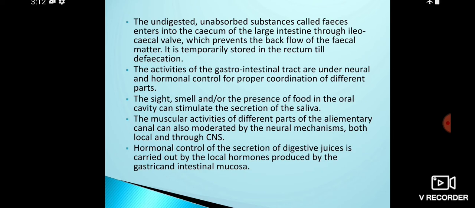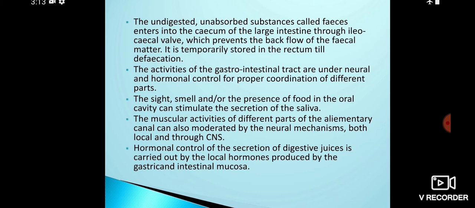Then you all know that the pancreas is going to secrete the pancreatic juice, and the gallbladder is going to help in the storage of the bile juices. So who makes the pancreas secrete pancreatic juice, and the gallbladder store the bile juices? That is being stimulated by one more local hormone called cholecystokinin. With a short form, it is called CCK.